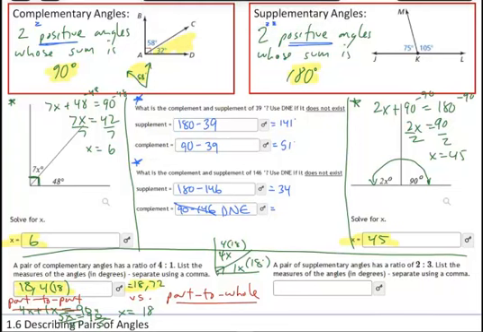Now, let me talk about part-to-whole ratios. Okay, so if you're using this concept of part-to-whole ratios, what you're going to look at is, if we take this ratio of 4 parts to 1 part, how many total parts are there? 4 parts and 1 part. Total of 5. So what that means is that the larger angle is 4 out of those 5 parts, and the smaller angle is 1 out of those 5. And what's the total sum? The total whole is, for complementary,